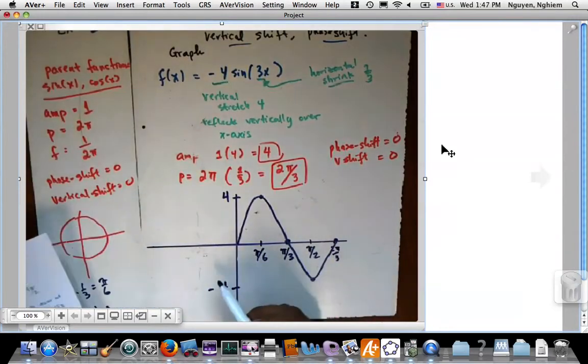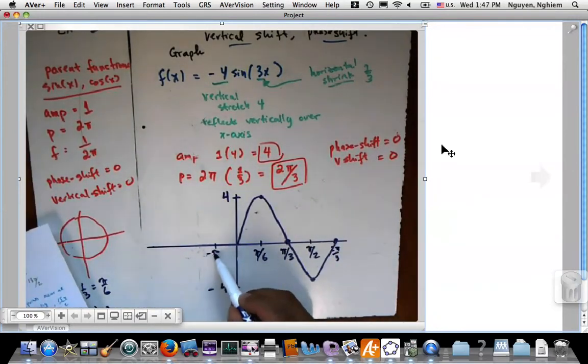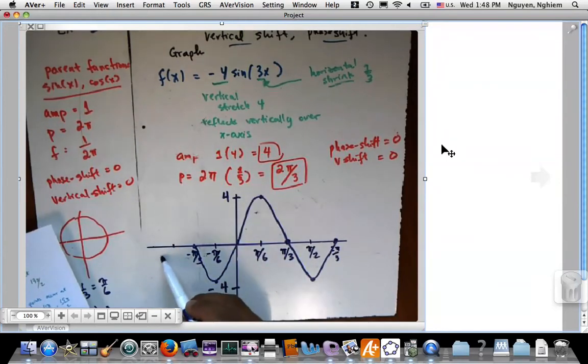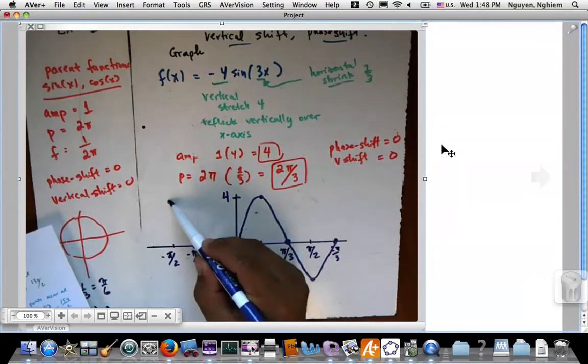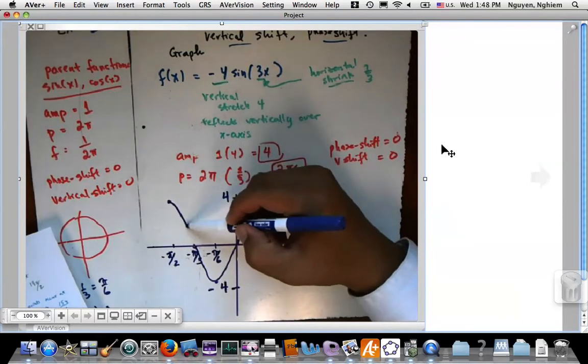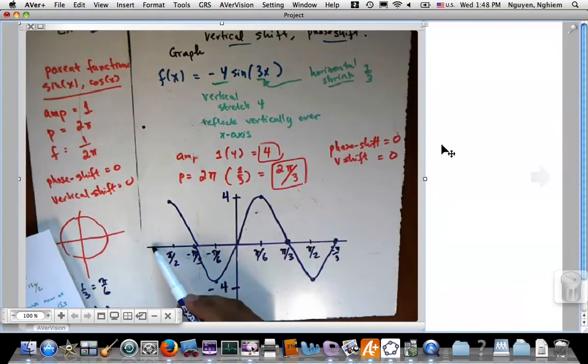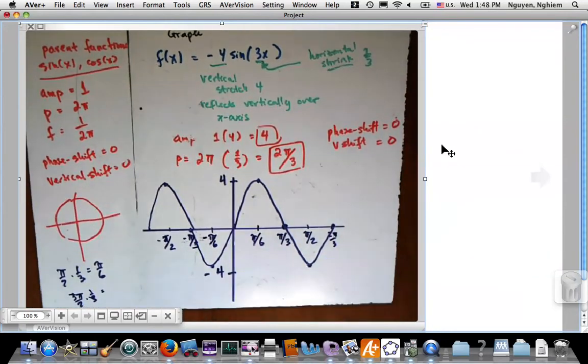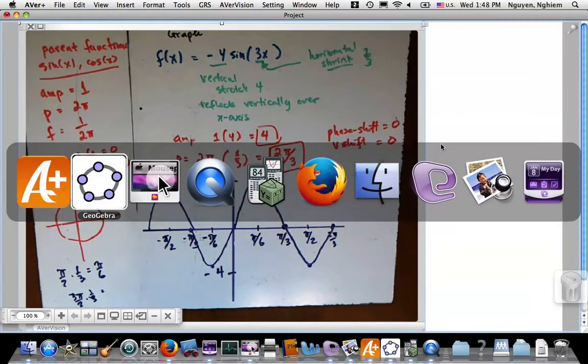And I can also do the same thing on the other side, negative pi over 6, negative pi over 3, and then negative pi over 2, and then it's going to come down here. Okay? Now, if you look at this picture that I just graphed, and you compare it to the picture we have here in GeoGebra,